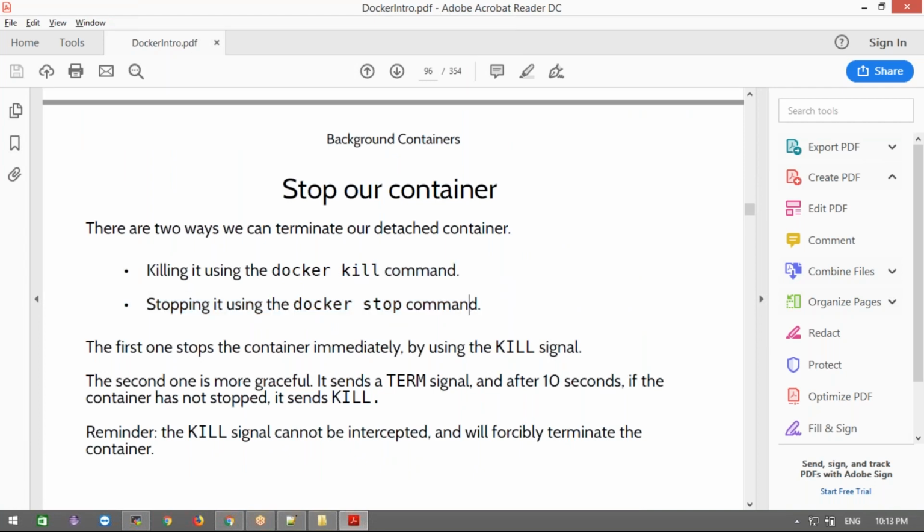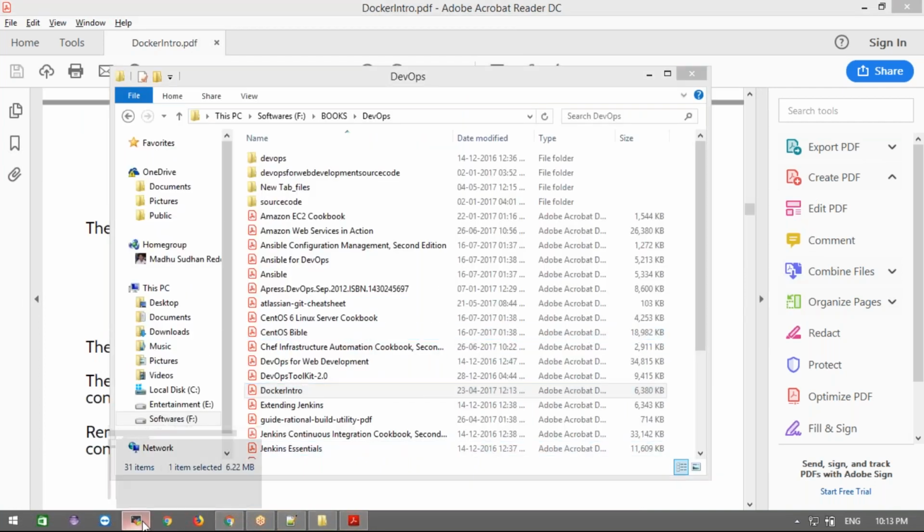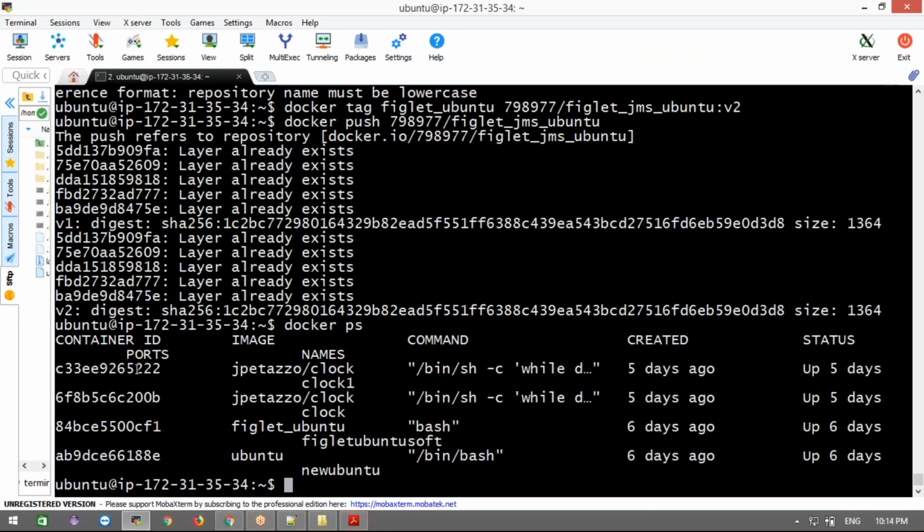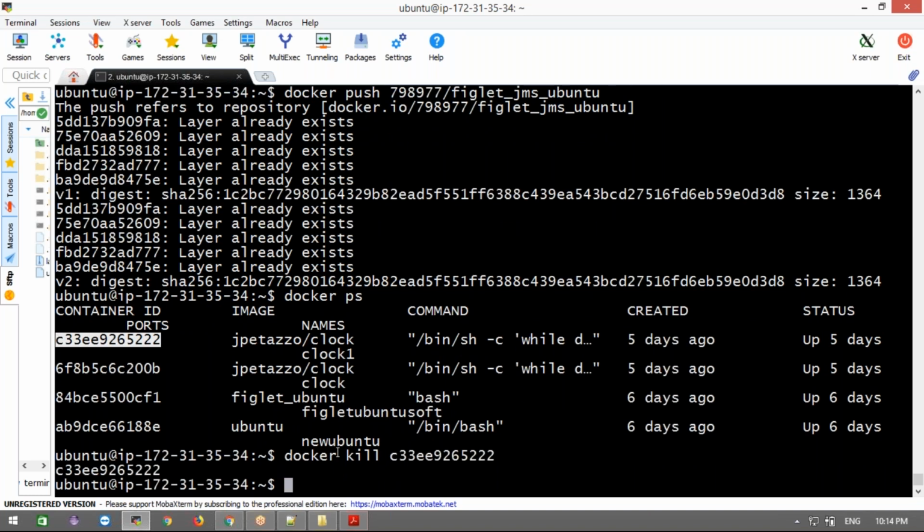When we kill a container, we already discussed, right? For example, a very important question, docker ps, right? Now if you want to kill this container, you must stop it first, and only then can it be removed, right? If you want to directly use the docker kill command, let me do docker kill with this container ID. If you want to kill this, it will not kill, right? Why?